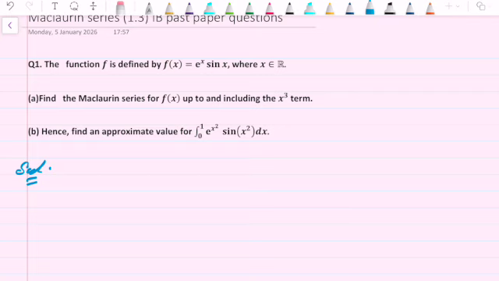The function f is defined by f(x) is equal to the product of two functions, e raised to power x into sin x, where x is a real number. The question is, find the Maclaurin series for f(x) up to and including the x cube term. So let's answer the first question, part A. We'll use the formula booklet. From the formula booklet,